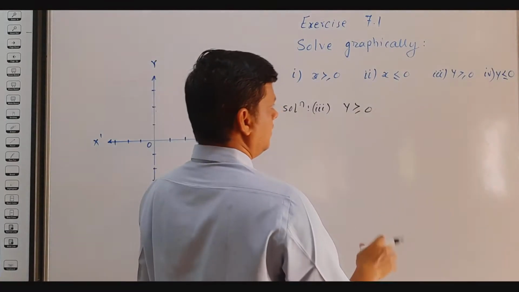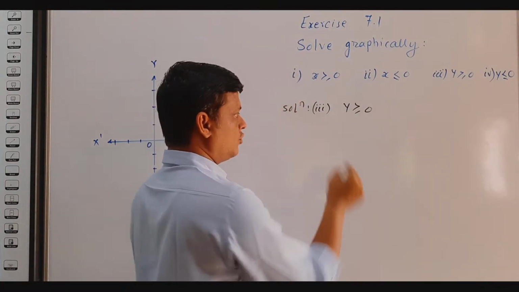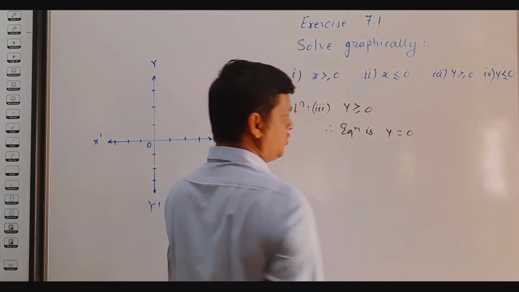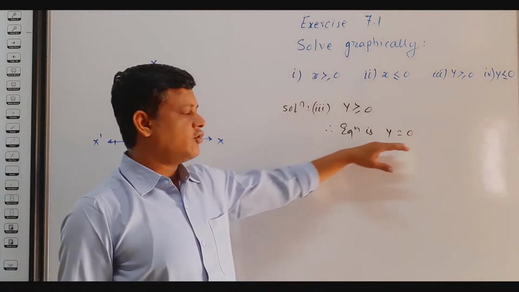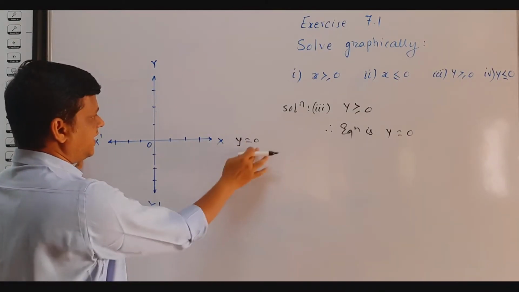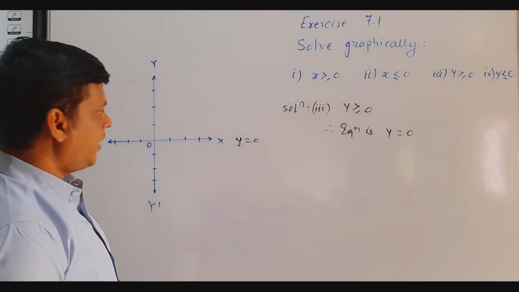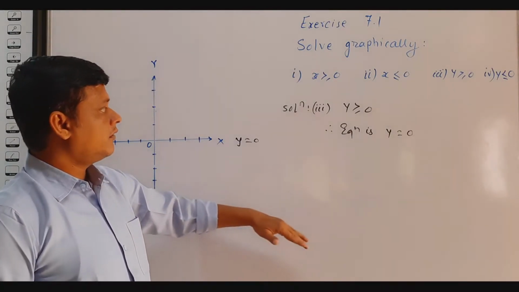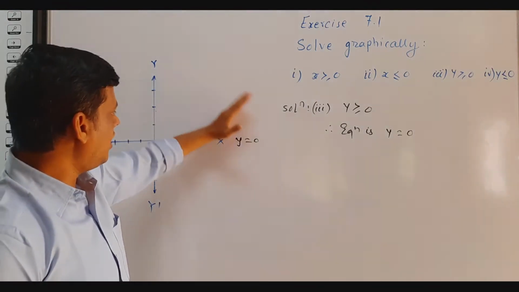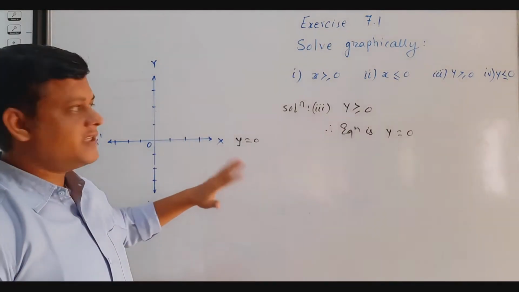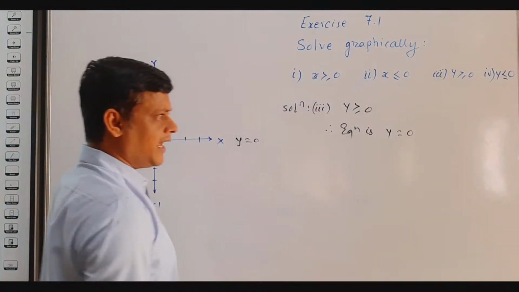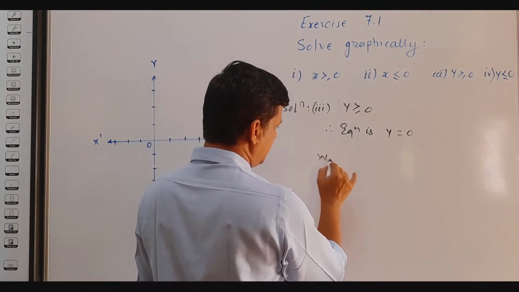Now see the third inequality, y greater or equal to 0. From this we write the equation. Therefore the equation is y equals 0, and we know that y equals 0 is the equation of the x-axis. So we write this equation of the x-axis as y equals 0. Now we have to check whether the upper part lies in the solution or the part below the x-axis lies in the solution. So we take any point. You can take the point as (1, 1). We check